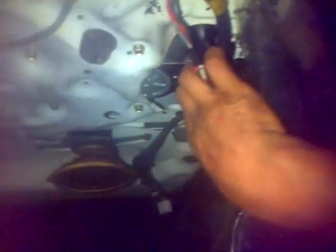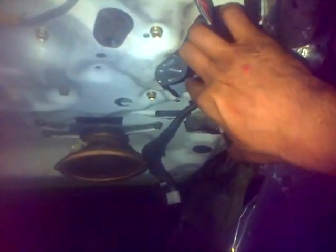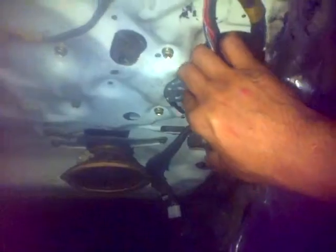Here I'm going to show you how to change a power window motor, which is here on a Toyota Previa. First thing you have to do is bring this down